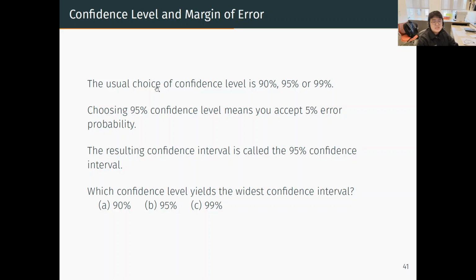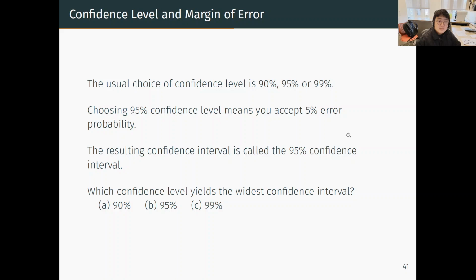Usually, the typical choices are 90%, 95%, 99%. So you declare, I'm going to do estimation with a certain confidence level. Typically 95% is standard, but it means I will sacrifice 5%. That's the error probability. I acknowledge that. It cannot be perfect. I allow 5%. And instead of sacrificing the 5%, give me the most informative interval as possible, right?